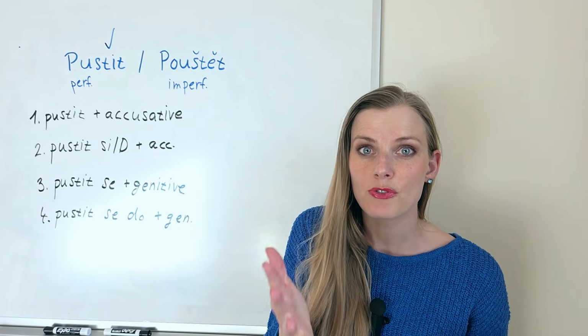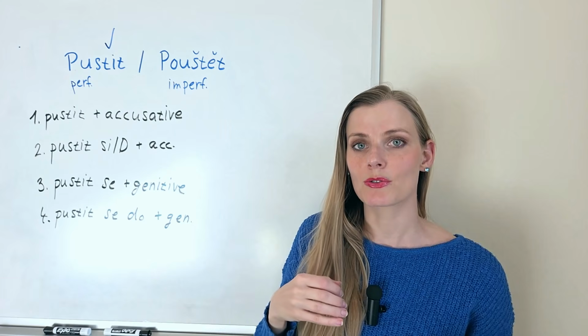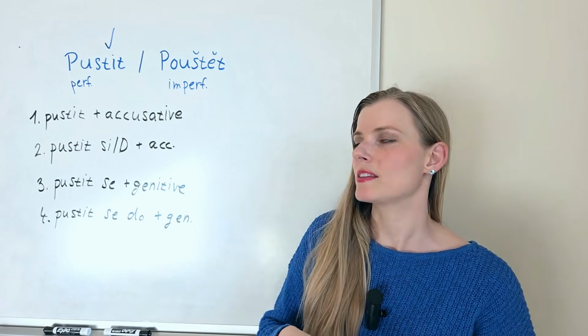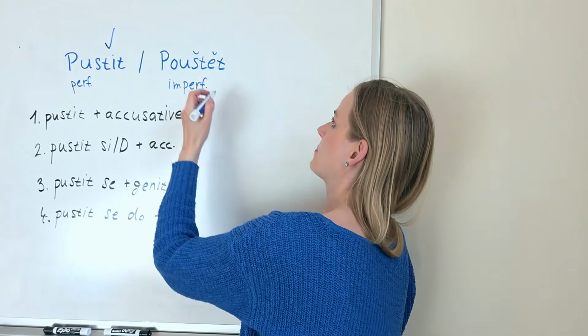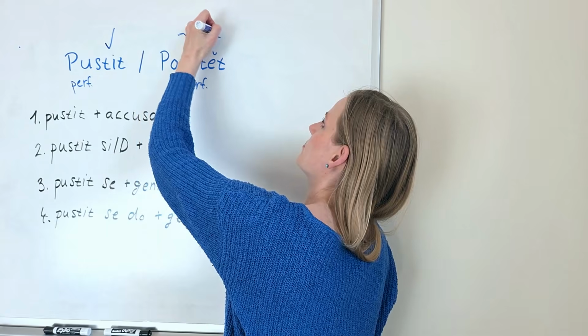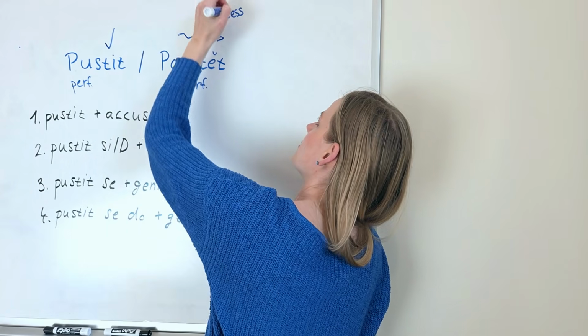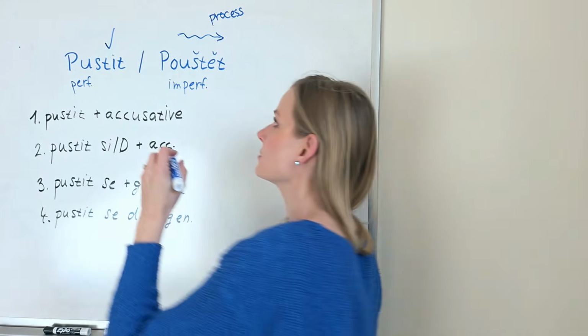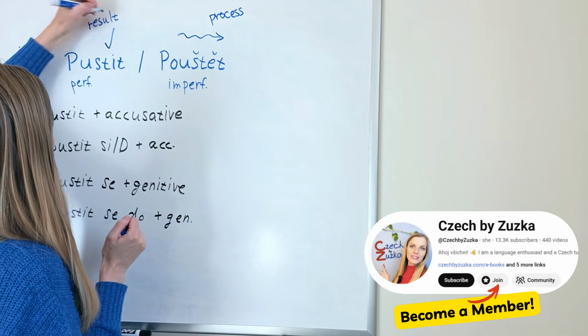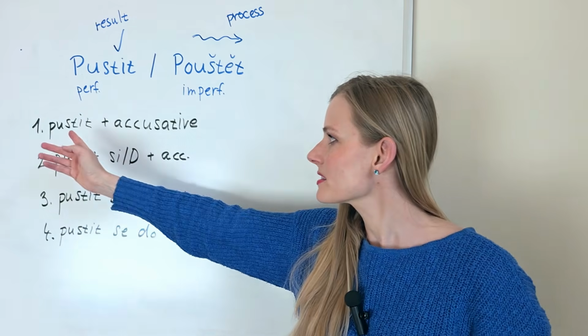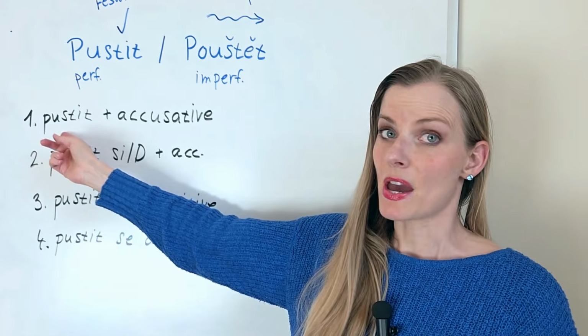In addition to future and past tense, it can also express the present tense because this particular imperfective verb is focused on the process. We don't know if it's been finished or not, unlike here. Here we know it's been done. Focus on result. In this lesson, we will cover these patterns.